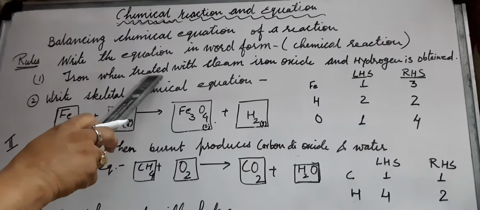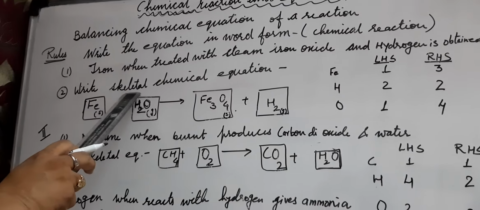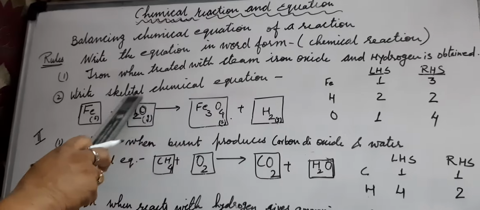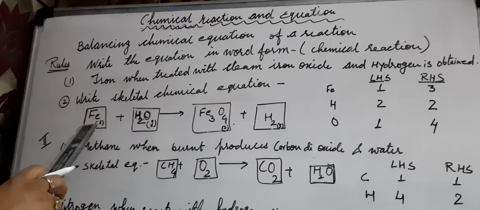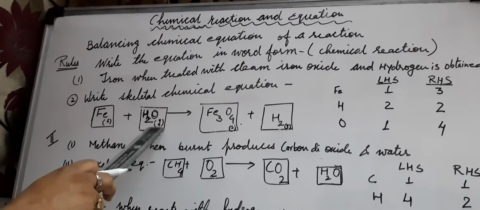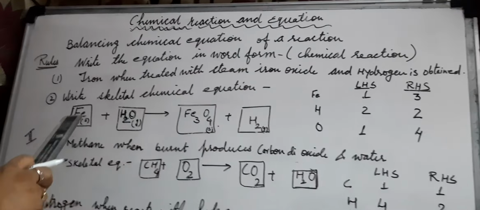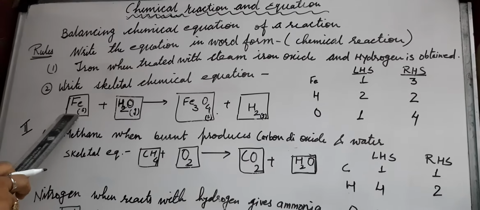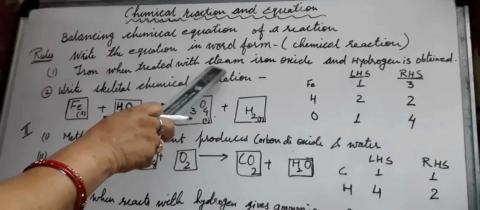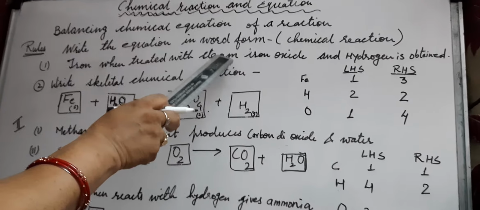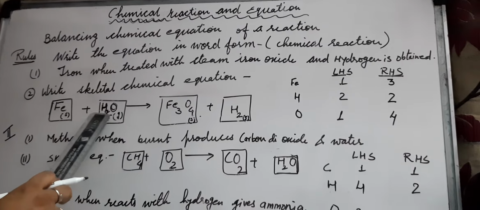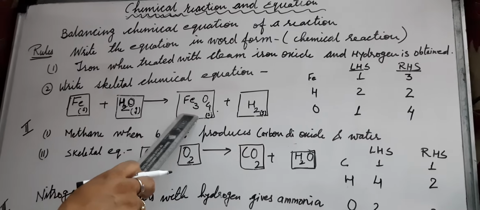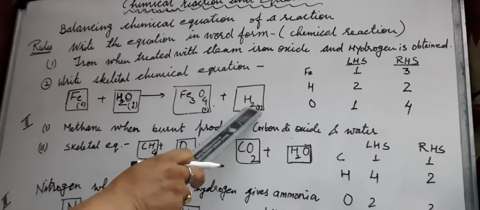After writing this word form, I am writing the skeletal chemical equation. In that we are just writing the symbols and the formulas. As you know, the symbol of iron is Fe, so we are writing Fe only. Steam here is used. Steam is actually the gaseous form of water. And when these two react together, they give Fe3O4, iron oxide, and hydrogen gas